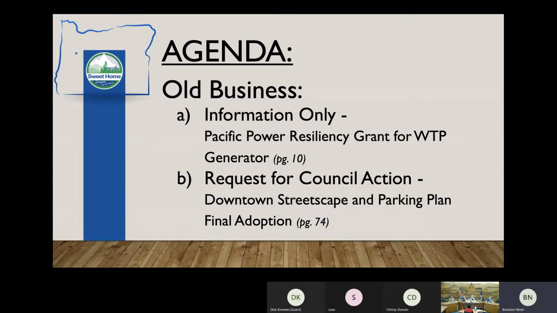Since our last presentation, we have applied for that grant, and we are in dialogue with Pacific Power right now because typically their process is assisting projects that are shovel ready. So they've already been fully designed and all they need is the funding. We're not at that level because we're still sorting out the full scope of the project, if we want to just do the generator or if we want to do the full resiliency package with battery and solar to make 2 weeks. And so they understand that, and they understand we have a public budgeting process.